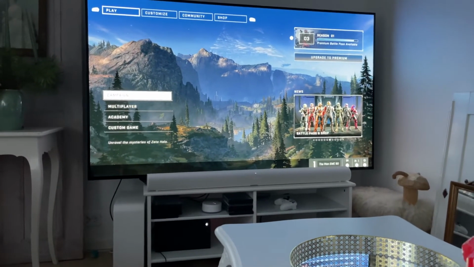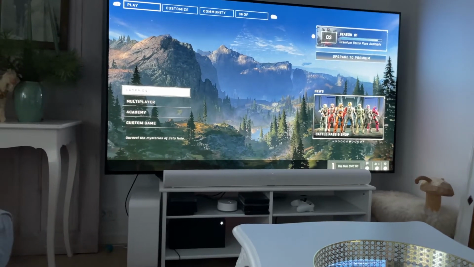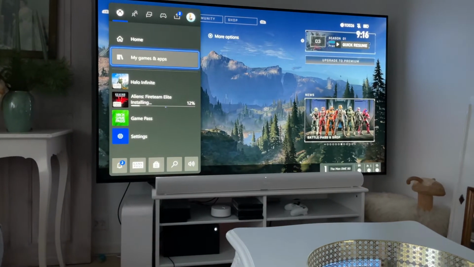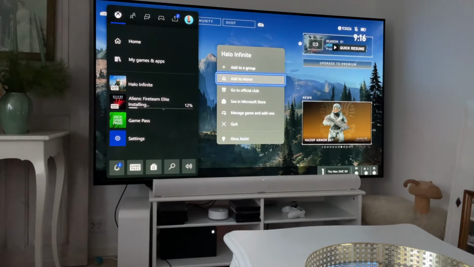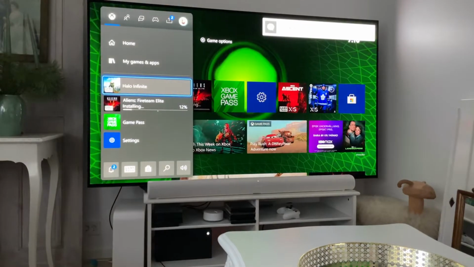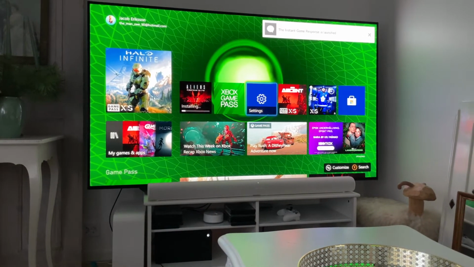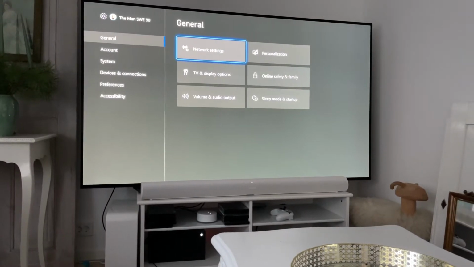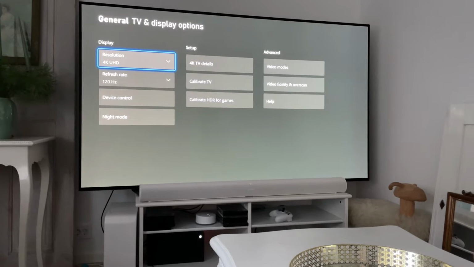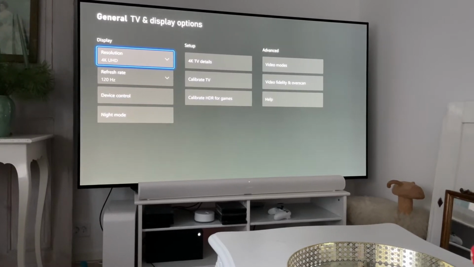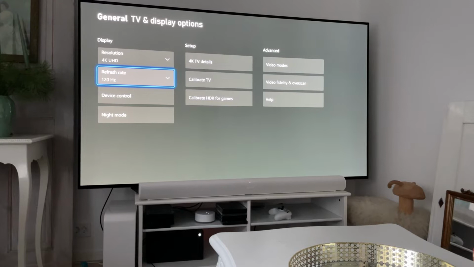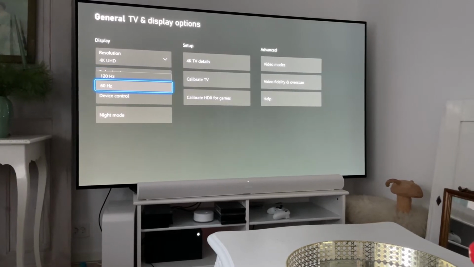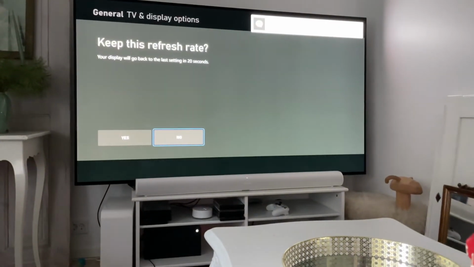And the solution 3 regarding this issue, if we close Halo, go to the Xbox settings menu, and here in General we go to TV display options, and here you can change the refresh rate to 60 Hertz. If we change it to 60 Hertz,